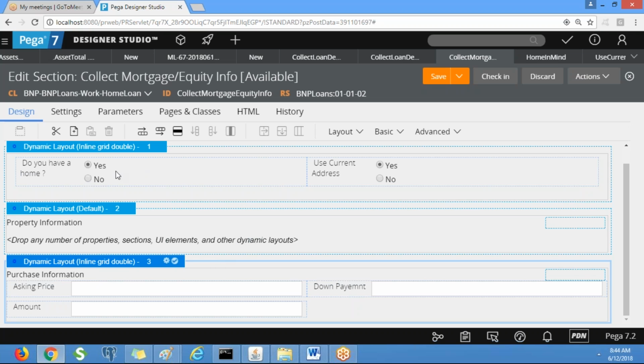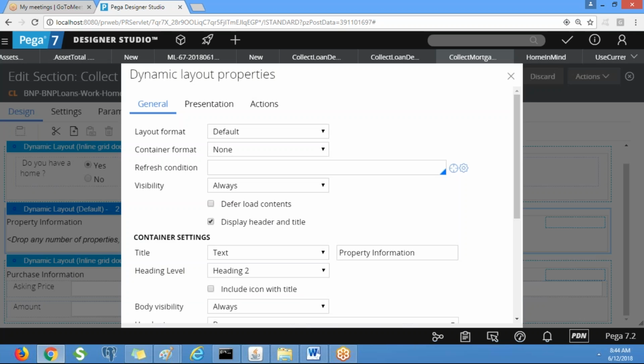display the layout. So if the user selects do we have a home, yes, we need to display this property information layout. Okay. So we can put a visibility condition here. So far, we created a when rule and we invoked it, right? So now based on an expression also you can make it visible. So what is the property?